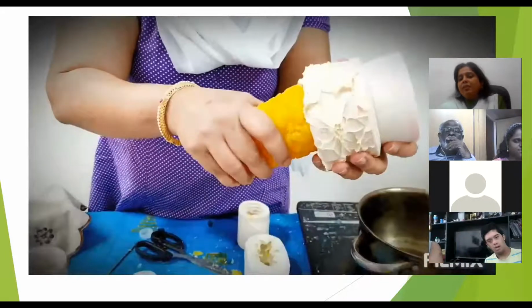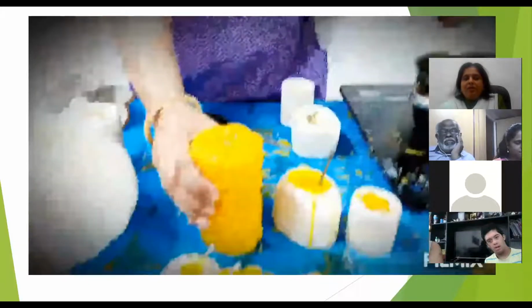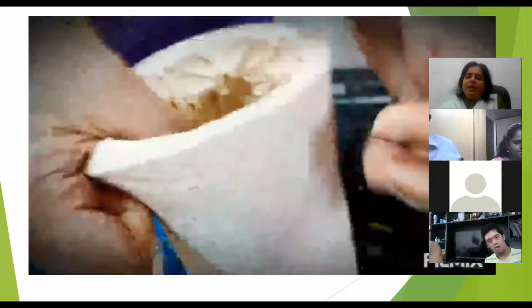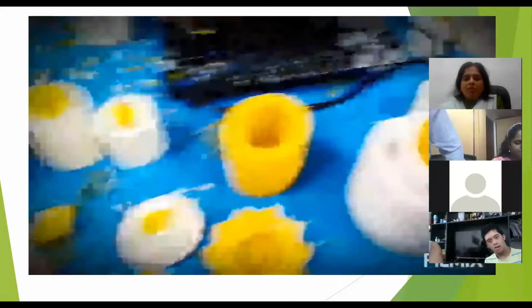So these are my big candles. These are called pillar candles, quite big they are. And these molds I've been using for more than 5-6 years now.